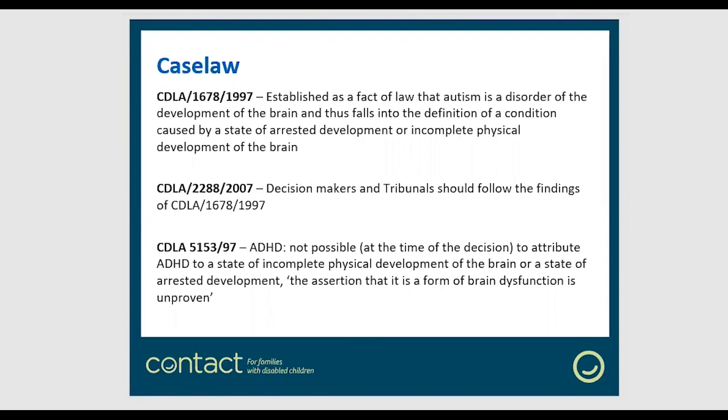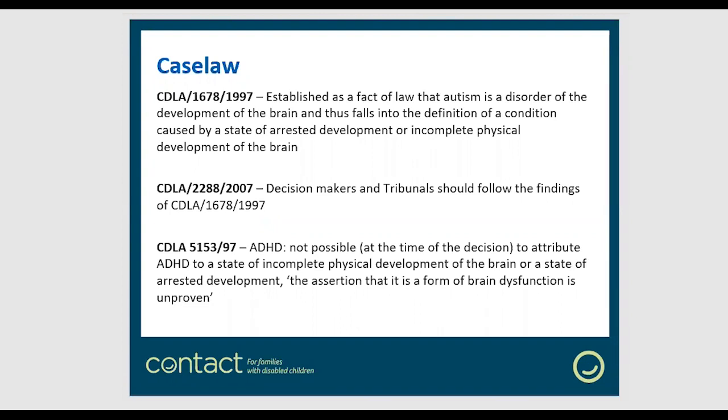indeed a disorder of the development of the brain, and thus fell into the definition of a condition that was caused by a state of arrested development or incomplete physical development of the brain. So we shouldn't really see cases where a family with a child who's on the autistic spectrum is being refused because they don't meet this specific diagnostic test. That shouldn't be happening. The reality is we sometimes still see decisions like that, but they should be fairly easy